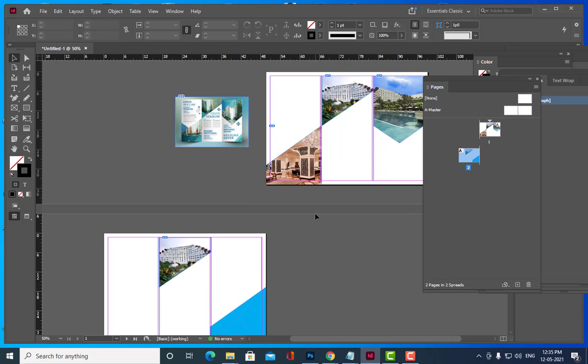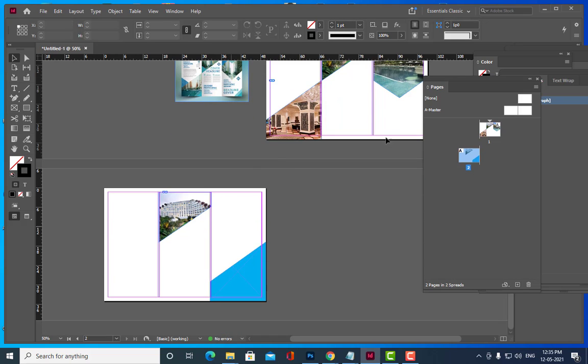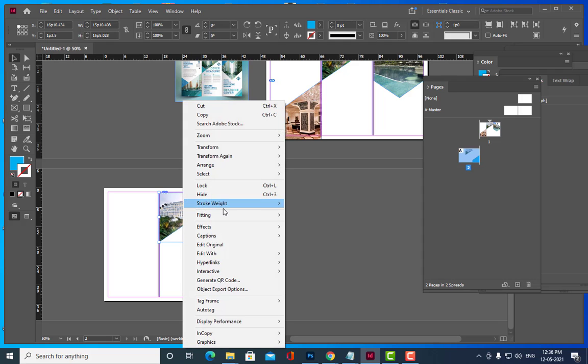Means instead of having the design on the left side, in the second page we will put the design on the right side. So this type of changes we are going to do. So something like this.